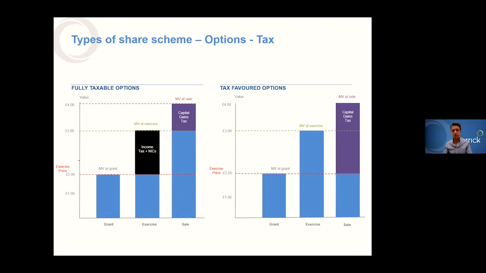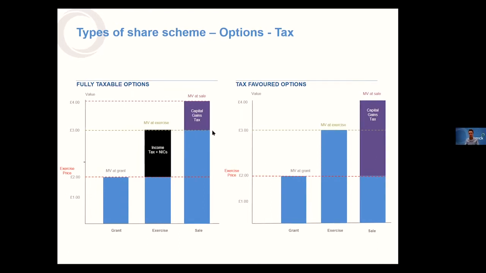So now you hold shares, and the value has increased at the time you sell those shares, whether that's to a third party on a sale, or whether that's as part of a secondary, perhaps, to an investor or even to an employee benefit trust. Happily, the value has gone up again. So it's now £4. You have something that you've acquired for £3. That's what lawyers refer to as the base cost of those shares. And then when you sell them, you get £4 for them. So you've made a gain of £1 there.